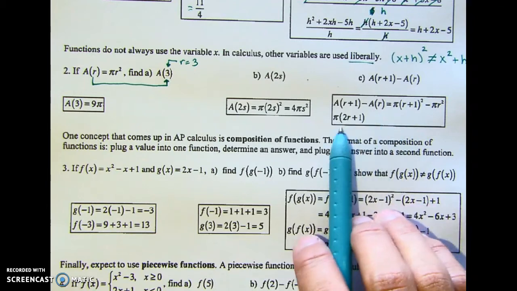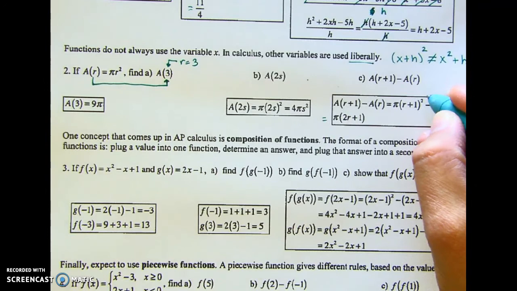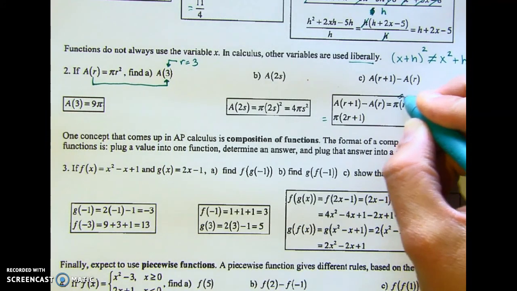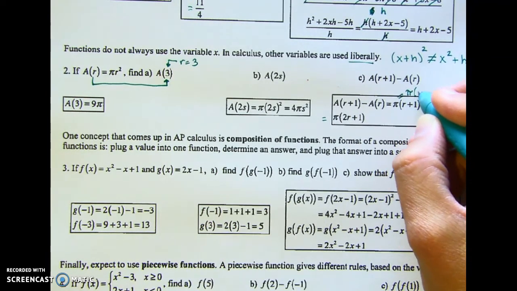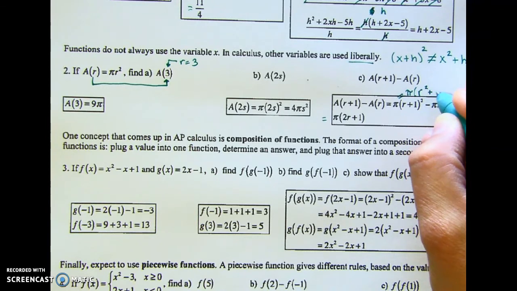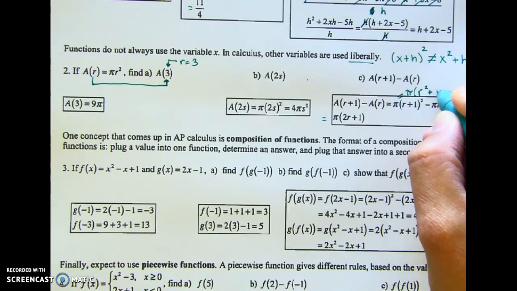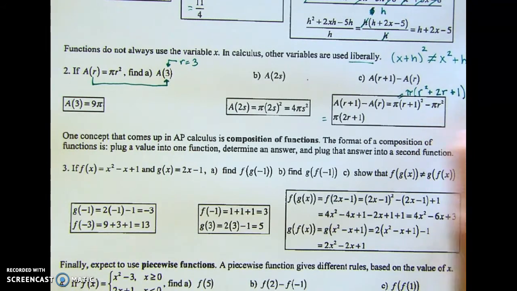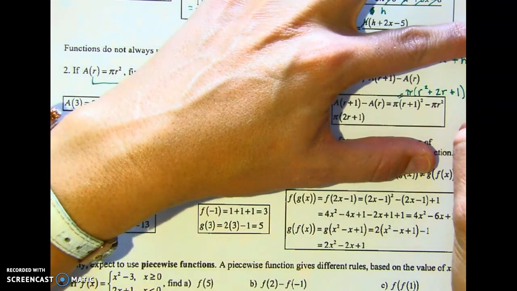And do you see how they skipped a step? Look. So what is r? Let's do that middle step. So from here, we're going to have pi times r plus 1 squared. That's going to be r squared plus 1 times r plus 1 times r, so plus 2r, and then plus 1 squared, like that, minus